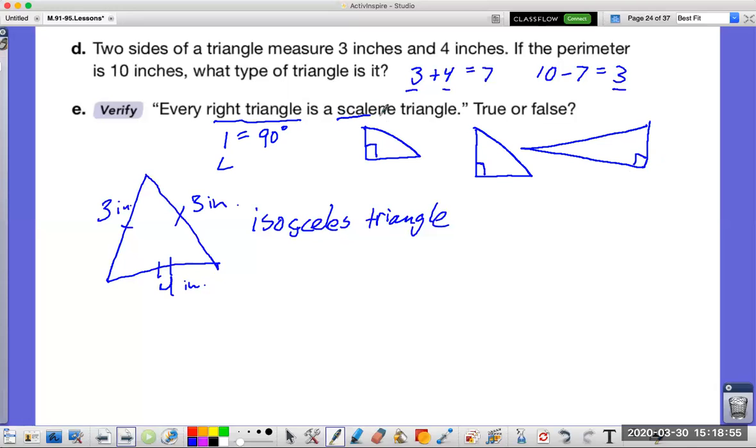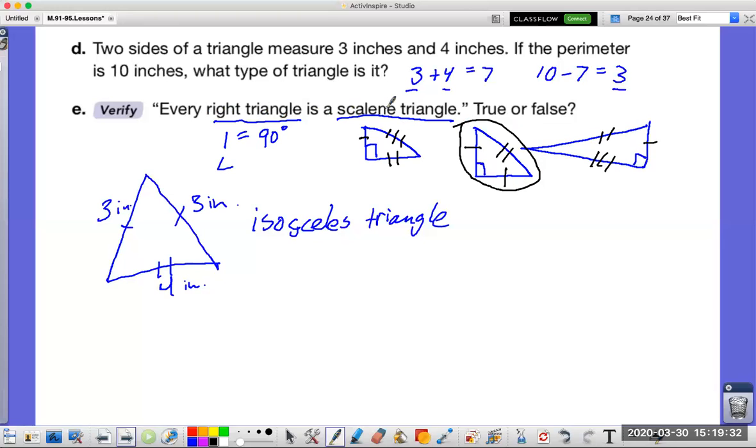What does it take to be a scalene triangle? To be a scalene triangle, all three sides had to be different, right? So this one right here, I can see that this side is equal to this side, and this side is different. I can see that this side is probably different than this side, and it's probably different than this side, just like this one. This one also looks like this one is the shortest. But if you look at this one,